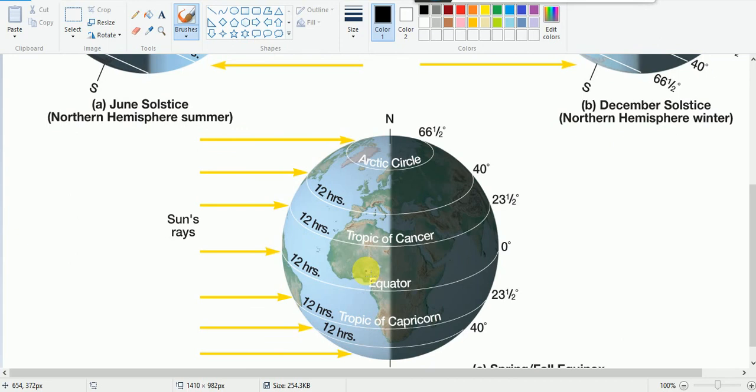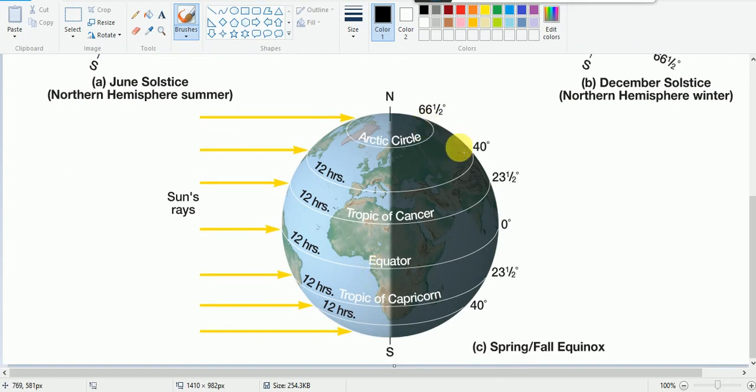Remember that if the earth's axis were vertical, not inclined, not tilted, then there will be equal duration of daytime and nighttime everywhere on the earth's surface,